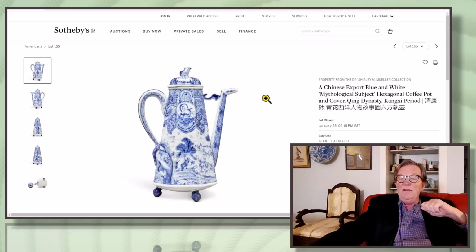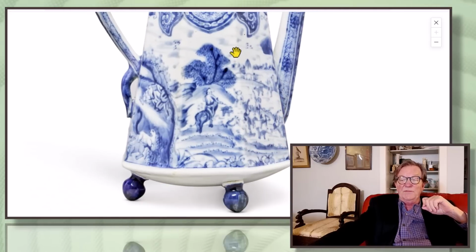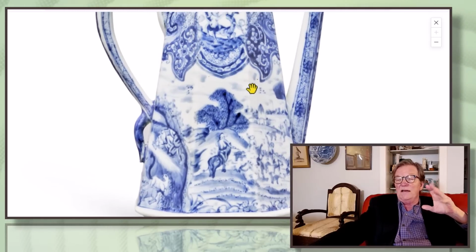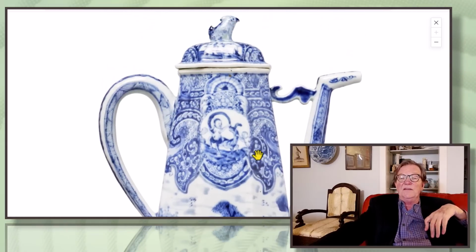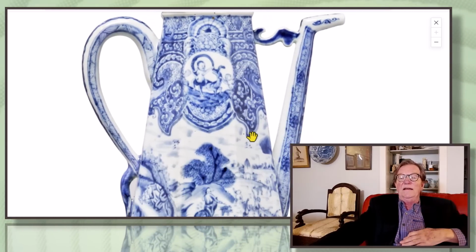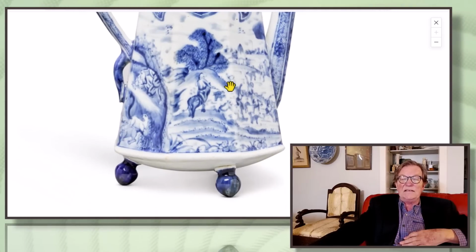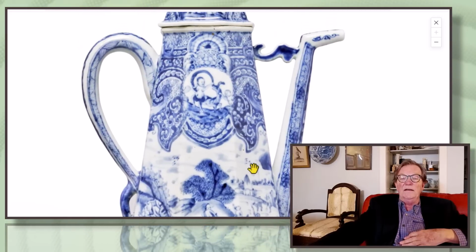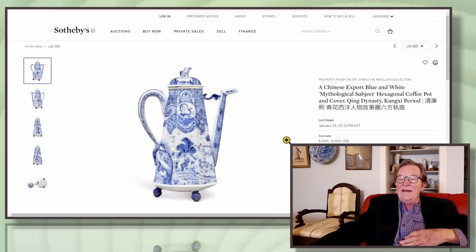And then there was this. Now, we've seen these mythological subject footed teapots, or coffee pots rather, sell in the past. They sell them in Europe. And often they've been offered, and often they don't sell, because the people put estimates on them. And I've seen them not sell with $4,000 to $6,000 estimates, $3,000 to $5,000 estimates. This was a very nice one. It was quite finely done. It's got this very nice tapered form with these faceted sides, nice landscape decoration with figures on it and so forth. Some whimsical figures on there. I like that. And it was estimated